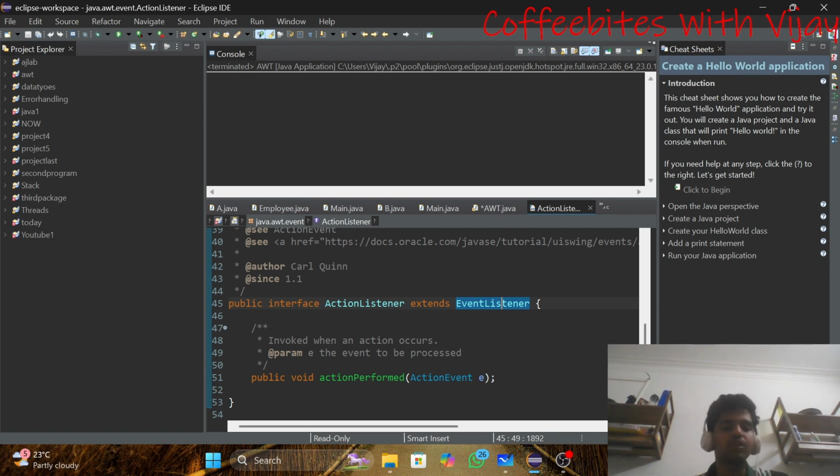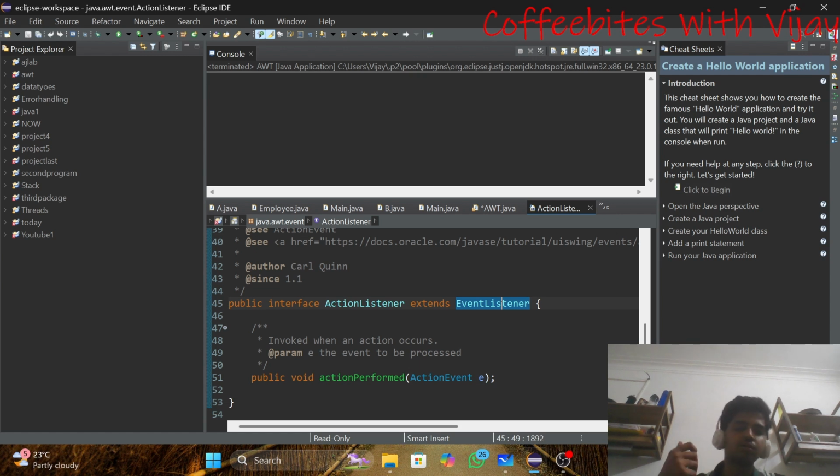Inside this action listener interface we have only one method, and that method is action performed. Action performed is a method inside the interface. So what is an interface? An interface contains the blueprint of the class, but when we write any method, all the methods will be public abstract and all the variables inside the interface will be final.